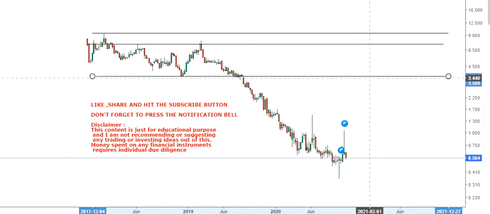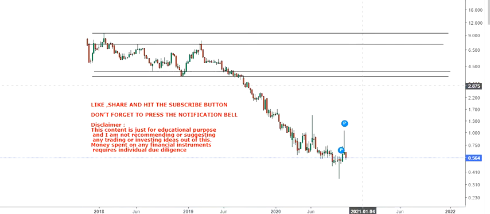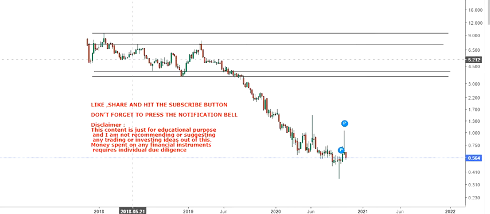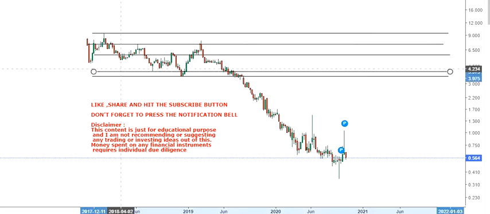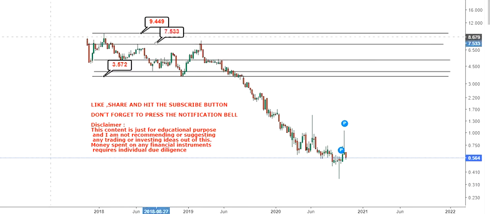Now with that being said, as you can see, the stock was trading in between a range. Okay, so this was the year from 2017 till 2019. The stock was trading in between. Here you have $3.5 on the lower side, and on the higher side it was $9. Okay, and simultaneously $7.5. So this was your previous range, after which the stock has fallen down drastically, and it has actually touched